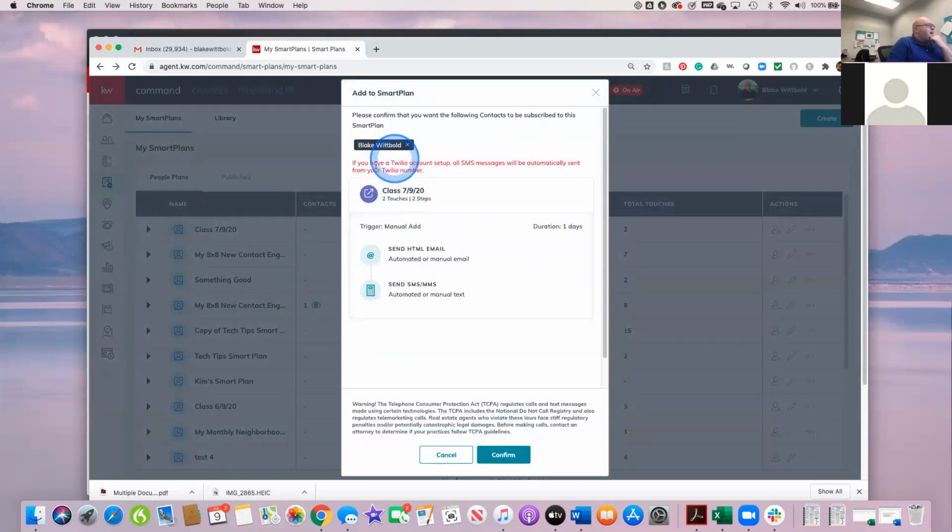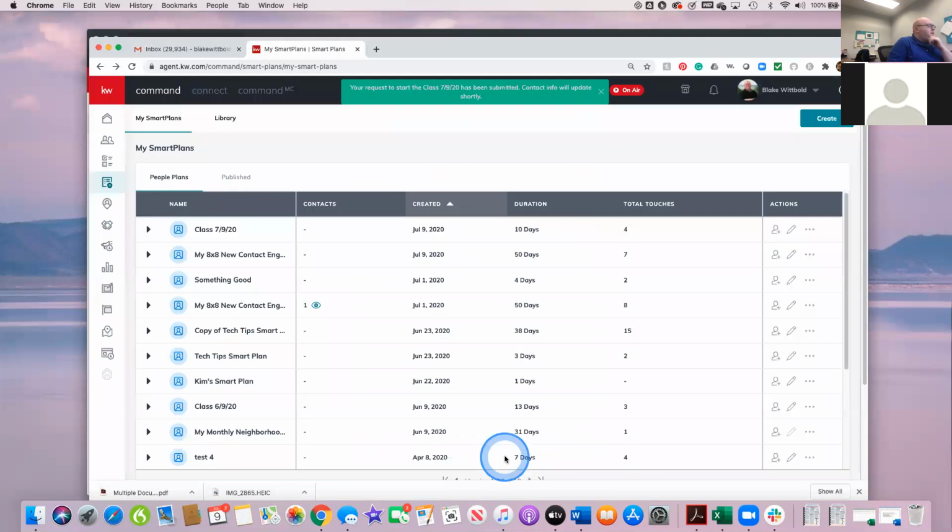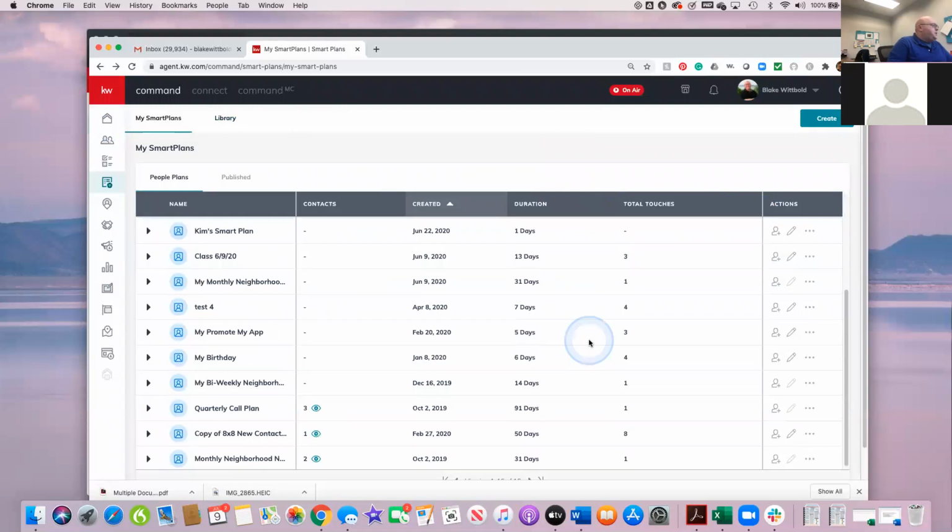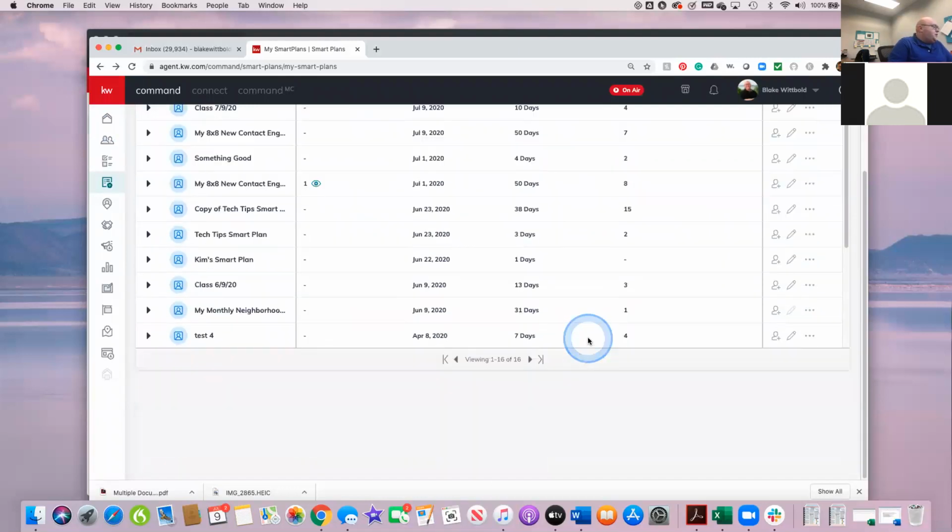And it says that I don't have a Twilio. If I have one, I need to connect it. Instead, it's going to send me a notification to confirm, or to send them a text message in my tasks. If I want to edit it, I can't because I have someone on it now. What were you saying? No, that makes sense. Yeah. So that is really how you can use smart plans in marketing, and you can create your own,